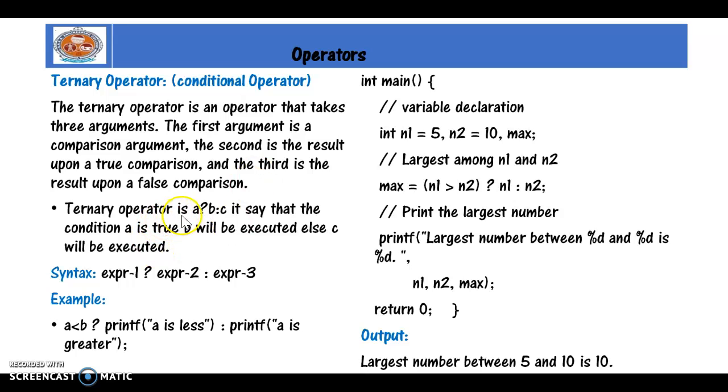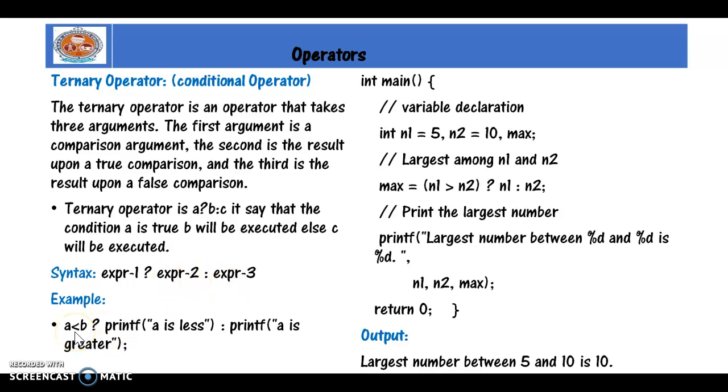If you get confused here, let us observe this example. See, this is a condition I have written, followed by a question mark, then some operation, a colon, and some other thing. If this condition is true, then B will be written on your output screen. If this condition is false, then C will be written. So what is the syntax for this? Expression 1, where you can have operands or any other expressions, then a question mark, expression 2, colon, expression 3.